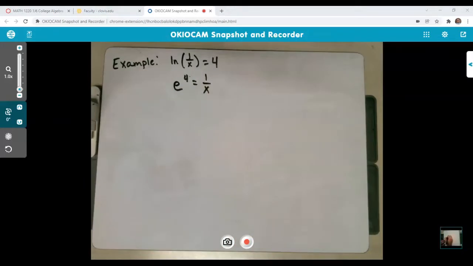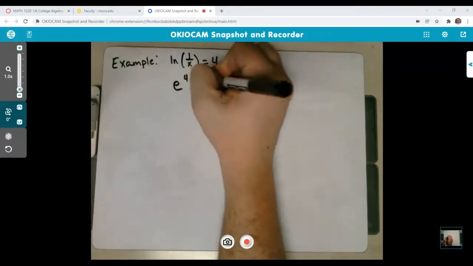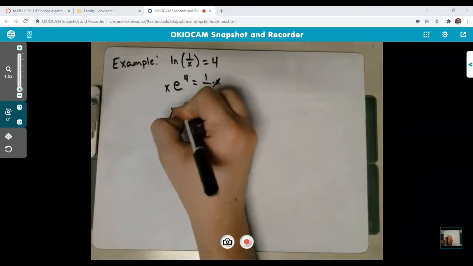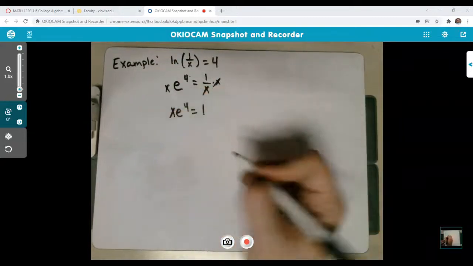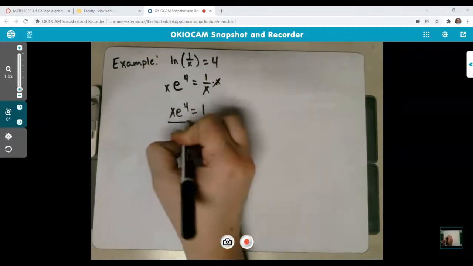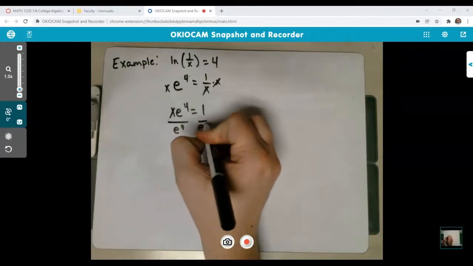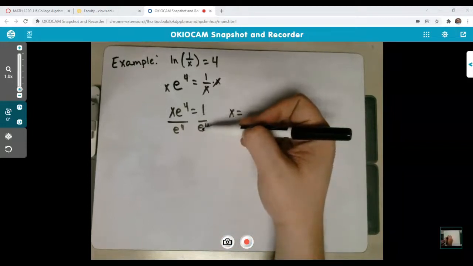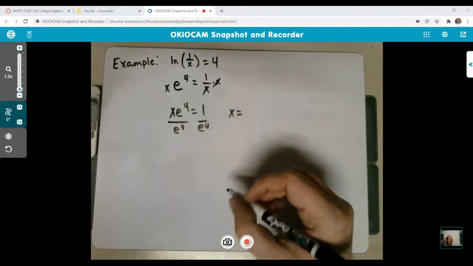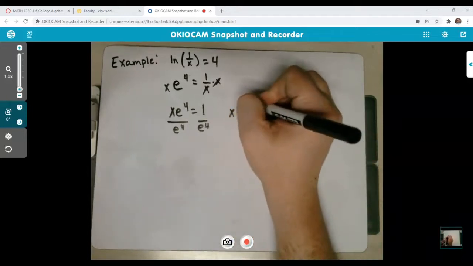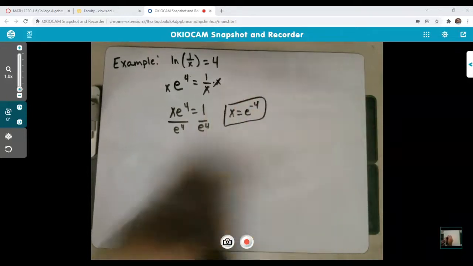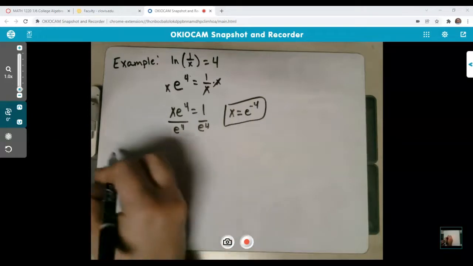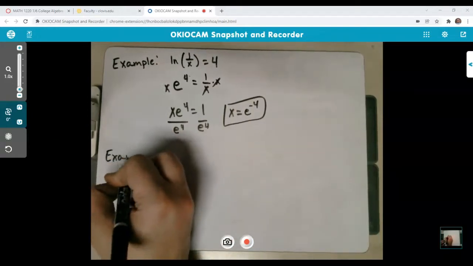So now I just have to solve that for x. Multiply both sides by x to cancel it out right there. So I have x e to the 4th equals 1, and I'm solving it for x, so just divide by e to the 4th. So x is equal to 1 over e to the 4th, which is like saying e to the negative 4th. X is equal to e to the negative 4th. Next example,